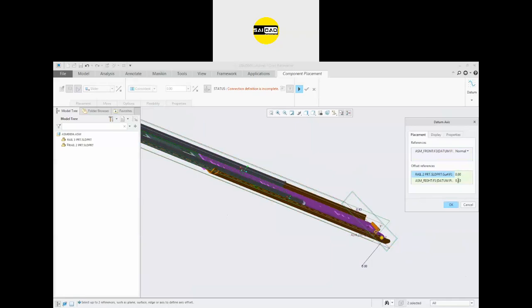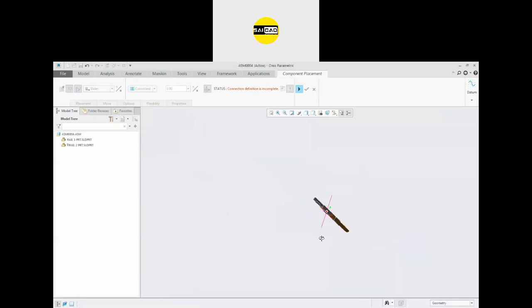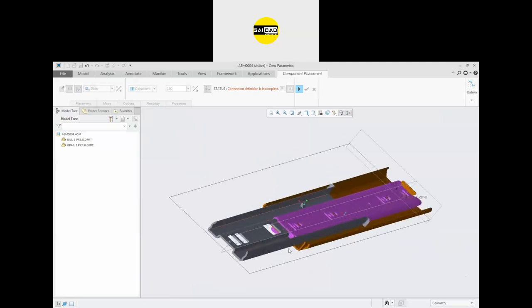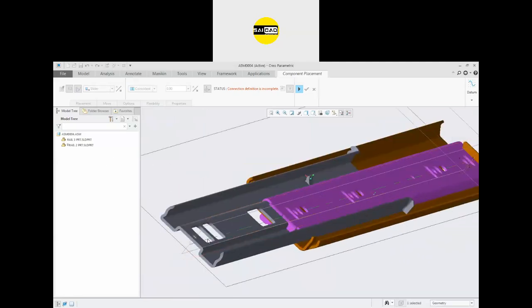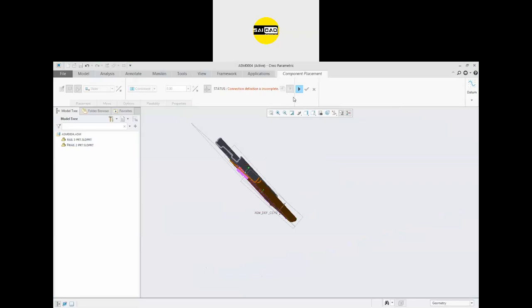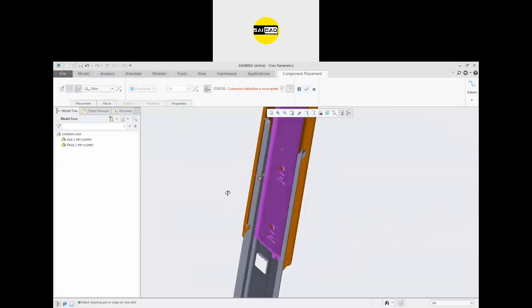So this should be 0 and this should be 0. Click OK. So here we have an axis.